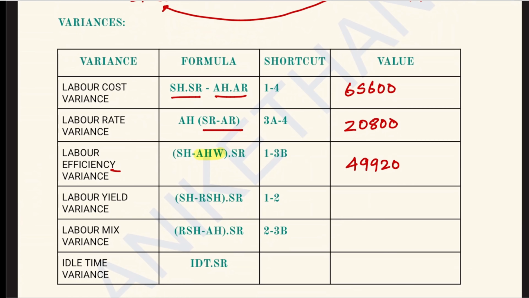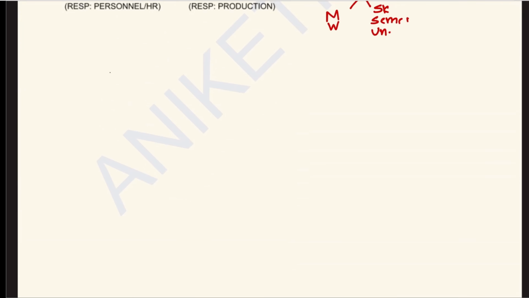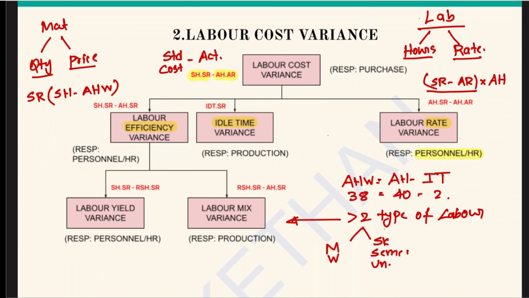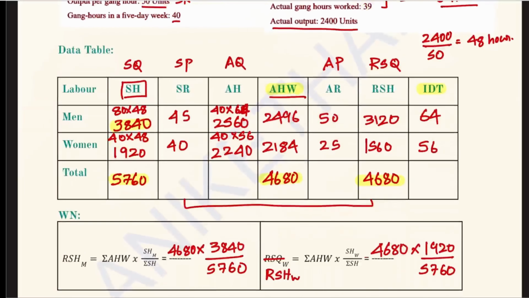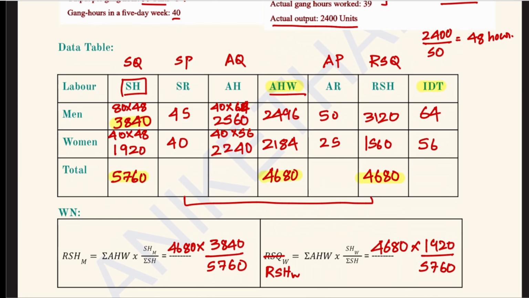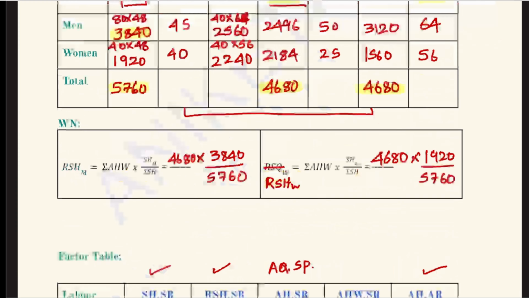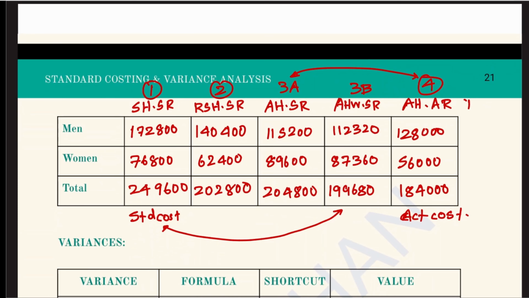Now, in material cost variance, we were reconciling at this part. But let us look at the chart here. We have calculated this, then this. Now it will not reconcile unless I add idle time variance. So in this problem, we have idle time. How to calculate idle time variance? Idle time multiplied by standard rate. So idle time variance will be 64 into 45, memory plus